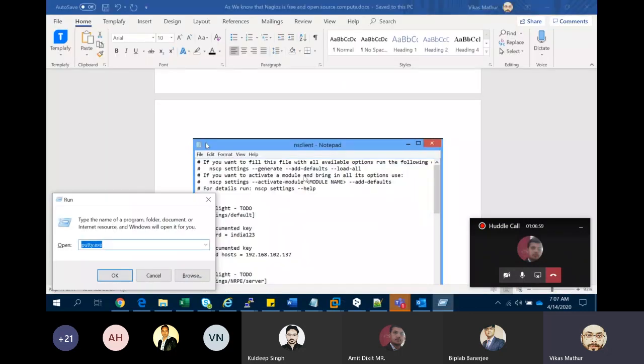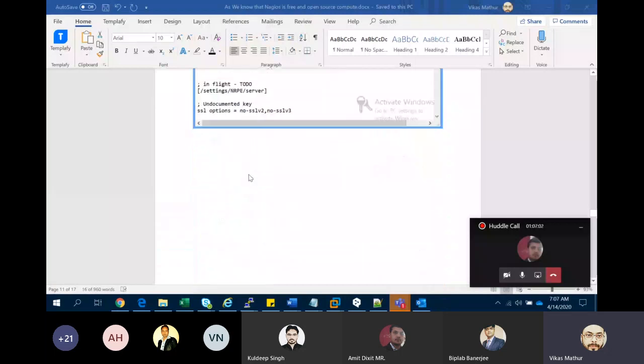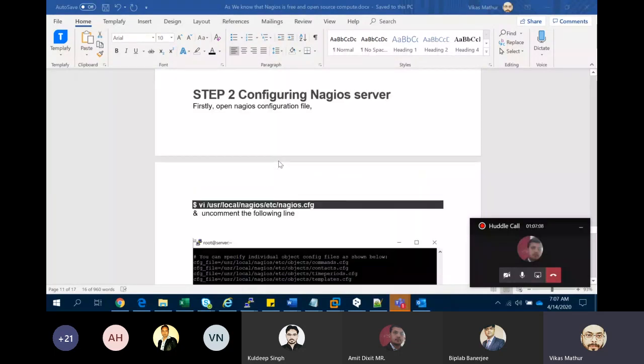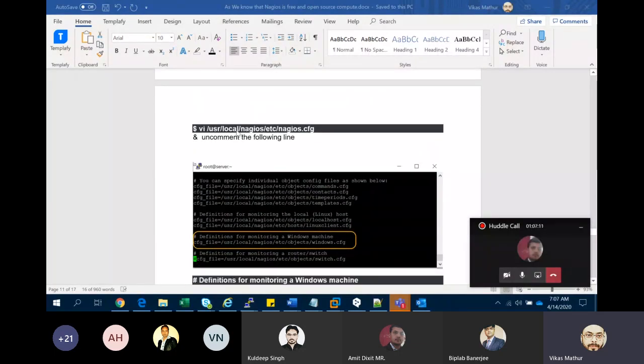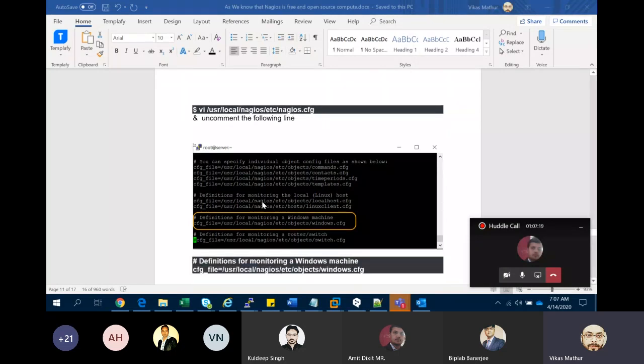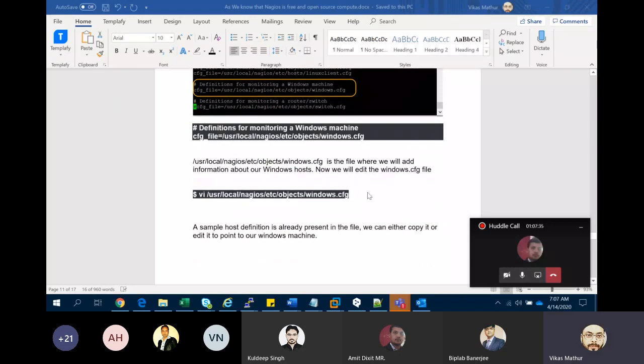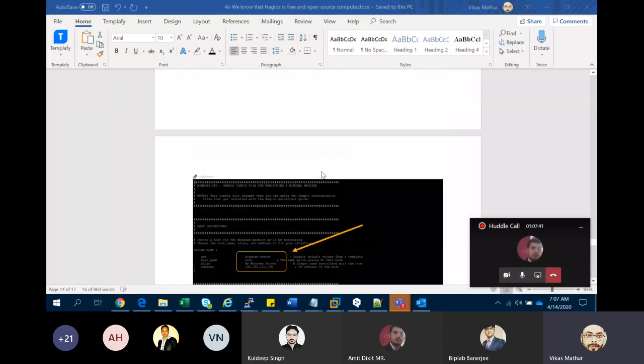After that, you need to make some changes on the Linux server side. So now this is the configuration of the Nagios server. You go to the Nagios server here, and do the same things I did before. You just uncomment this. This is for the Linux machine and this is for the Windows. I just uncommented this in the Windows configuration, and this is the same thing I just wrote for you. And after that, if I want to monitor your Windows machine, what I did,